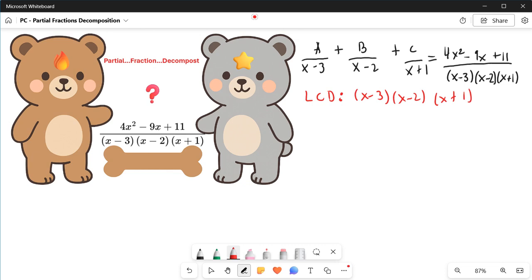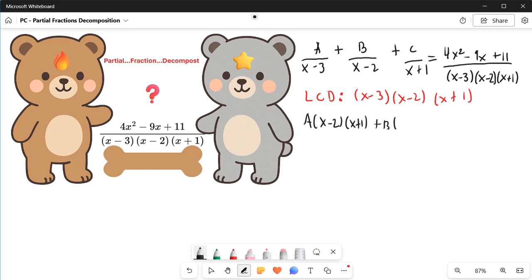Okay, so if we multiply on both sides, then the equation is going to change, where you're going to have A times x minus 2 times x plus 1